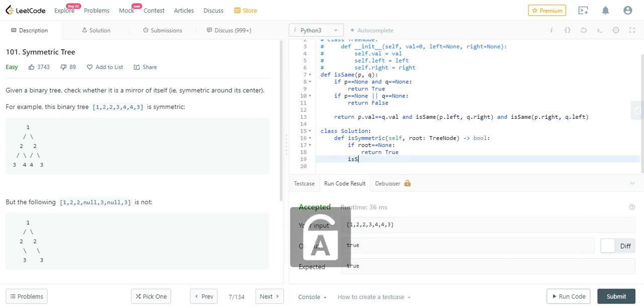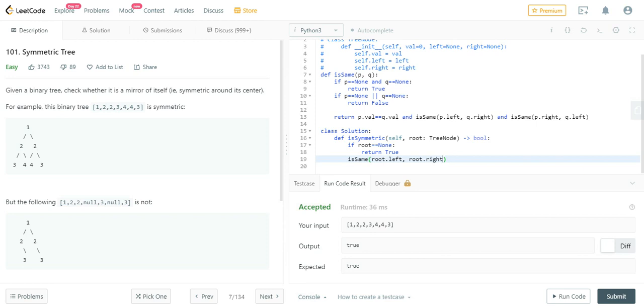What we will do is the same, and here what we will pass? Just think of it, you can pause it. I will do it. We have to pass in this manner, as I told you, the mirror image method. So what do we have to pass? root.left and root.right, right?